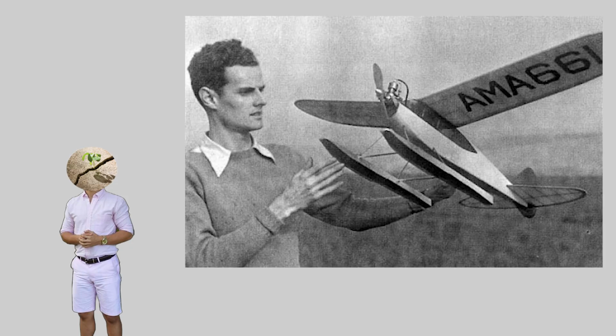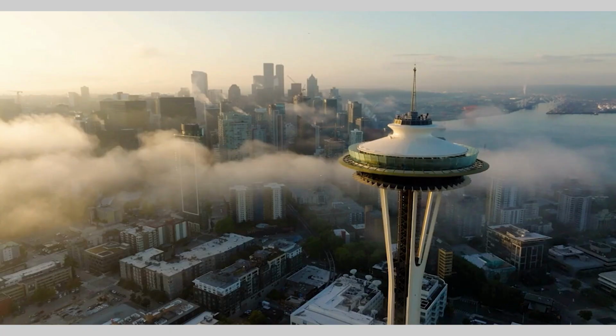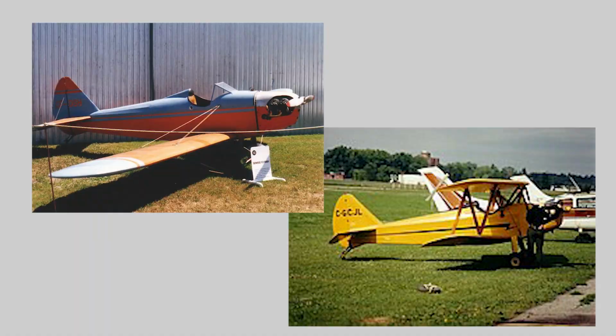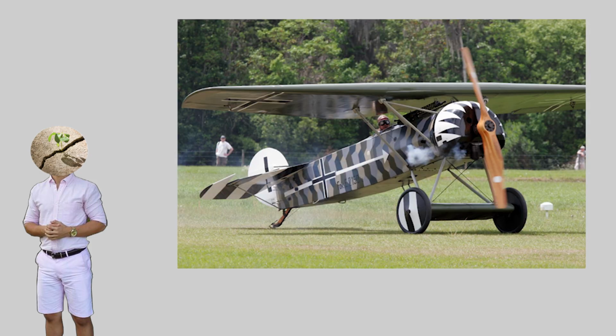The next and most cited dude when it comes to this is the one, the only, Peter M. Bowers. He was considered the journalist and historian for aviation at the time. A Seattleite and Boeing engineer, when Boeing was actually good, he dabbled in his very own golden age of flight dreams and designed his own plane, the mono/biplane hybrid Flybaby Bybaby. Cute! In the mid-1960s, he also helped build working models of famous aircraft, such as a Fokker triplane, a Fokker